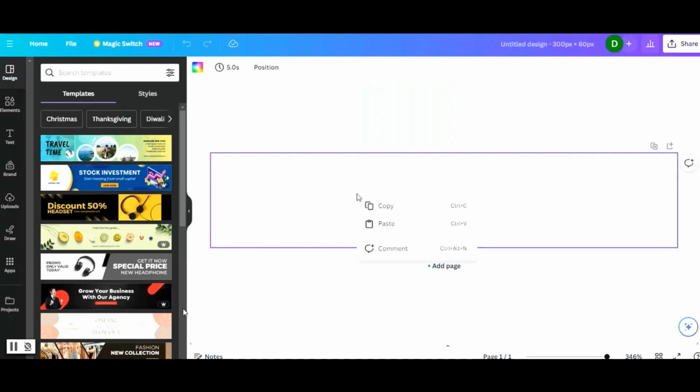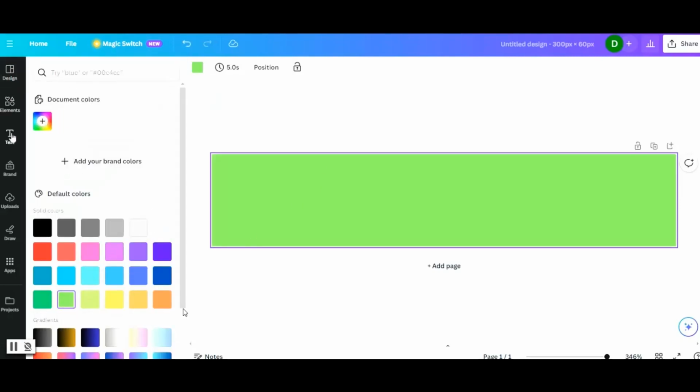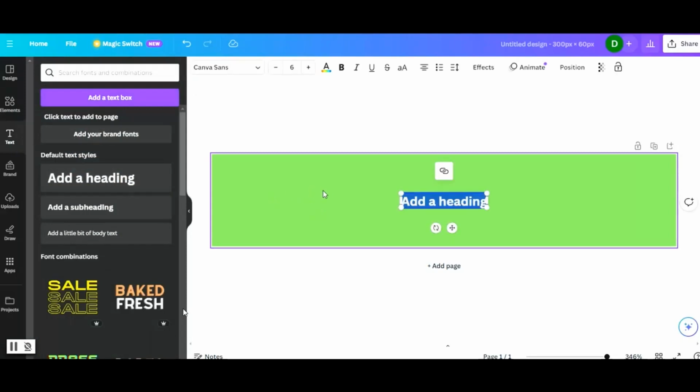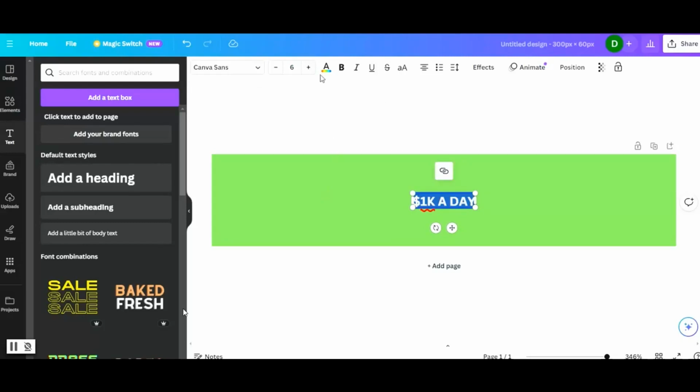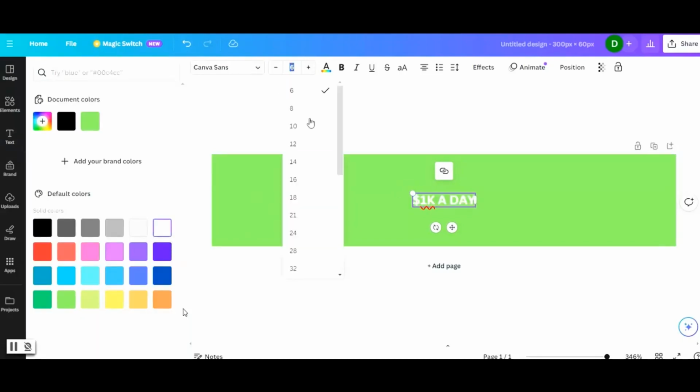So you can click on the element, then click up here for background color. We'll just pick green. Then we'll put some text. We'll do like a heading, and we'll type in 1K day, and I'll just hit Control A to highlight it all. We'll do the color. We'll make it white. We'll change the size to like 33,